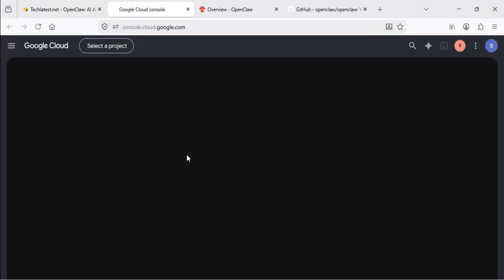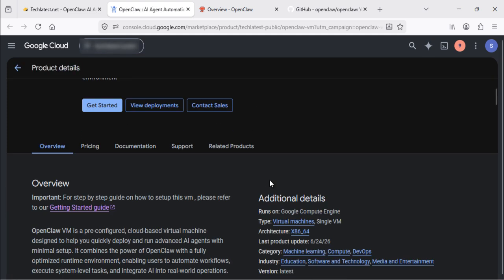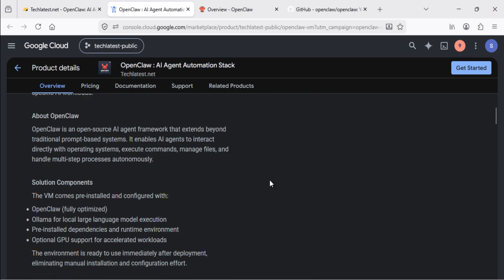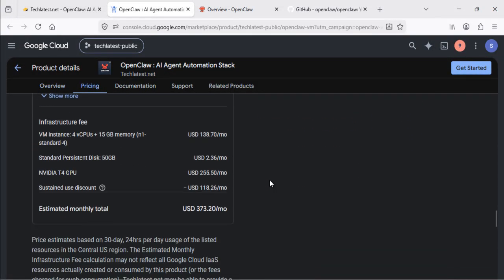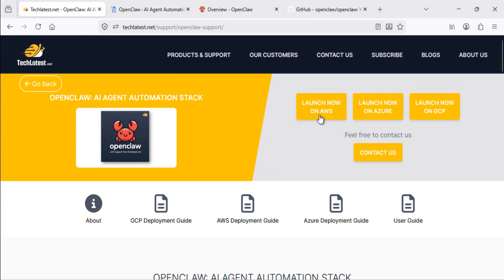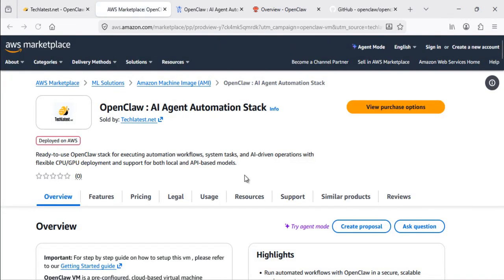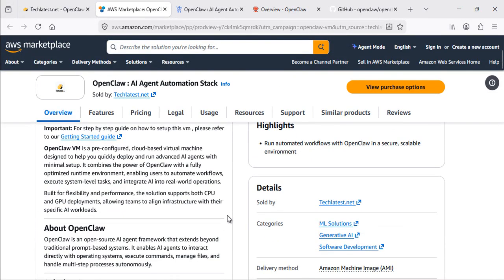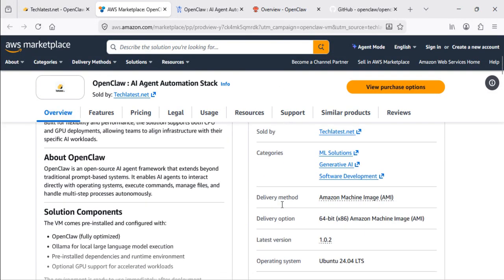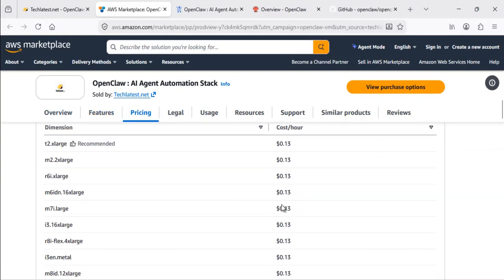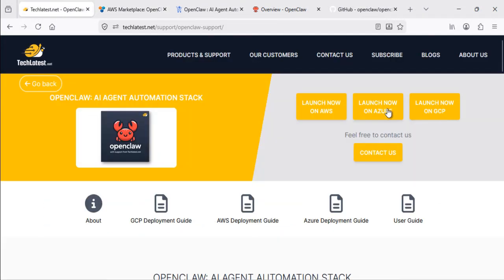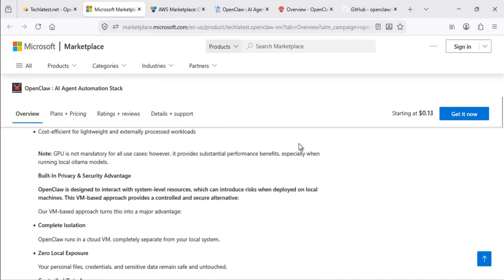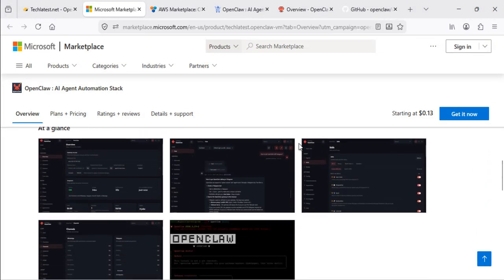Now, if I open the GCP marketplace listing from here, you can see the product description. You can see the details about the operating system used for this listing. You can also check the pricing at the bottom. Similarly, for AWS, you can check this description here, the underlying OS used for this offer, and the pricing and other information on this page. In a similar fashion, we have the Azure listing where we have the product description, and you can move to the pricing page and check the pricing for the